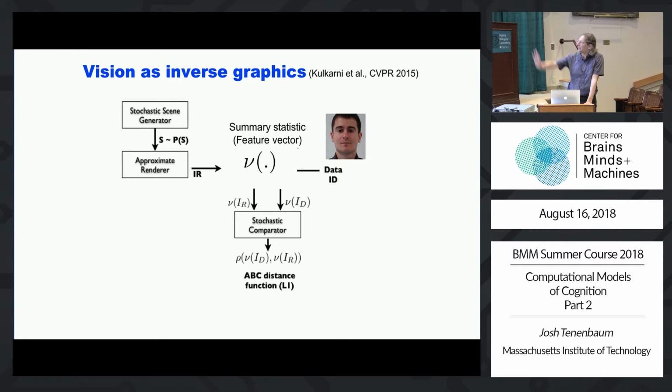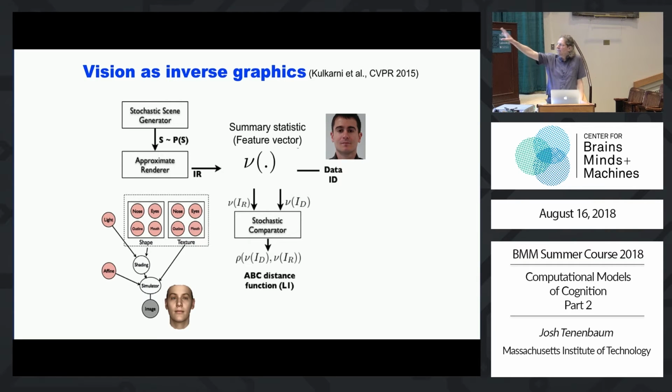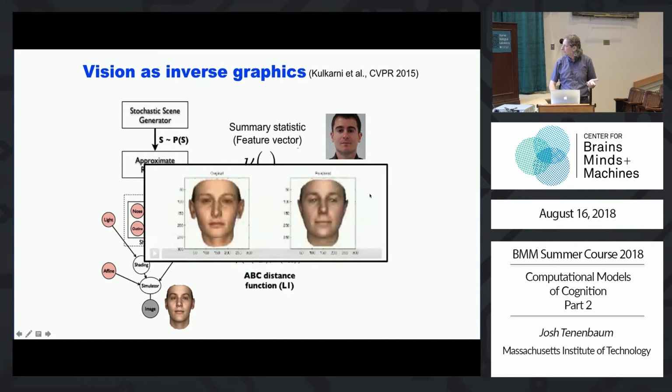Right. But for example, things we could do even just a few years ago was take the same basic framework and see blocks or see faces. So for example, we could take a generative graphics model for faces that has a probabilistic causal model in which you generate like the 3D shape of a face, the texture, you choose a lighting direction, a camera angle, and that renders an image like this. And now we can look at a face image and run that backwards. So for example, here's just a movie. Sorry, the graphics got mangled a bit.